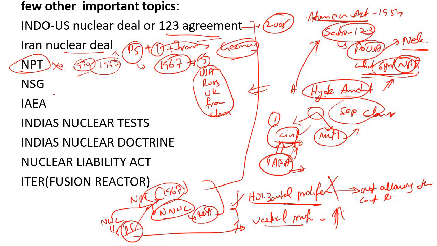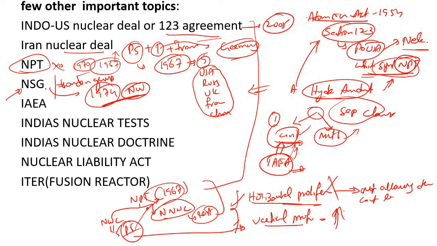Okay. And what is NSG? NSG is like a nuclear export control regime. While giving nuclear weapons or nuclear technology, there will be a lot of restrictions. So that group is the Nuclear Suppliers Group. It is also called the London Group, and this group was formed after 1974, after India tested a nuclear weapon. So after India's nuclear test, this group was formed to restrict the supply of nuclear weapons and nuclear technology to other countries. India right now doesn't have membership of this one, but India is trying to get